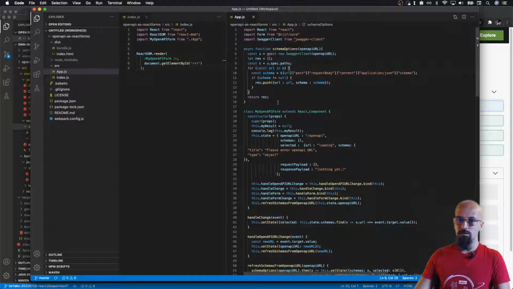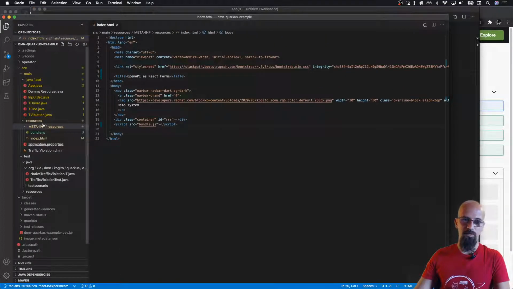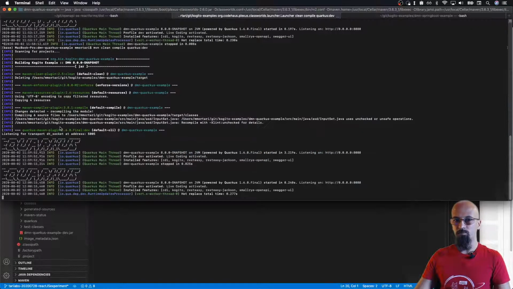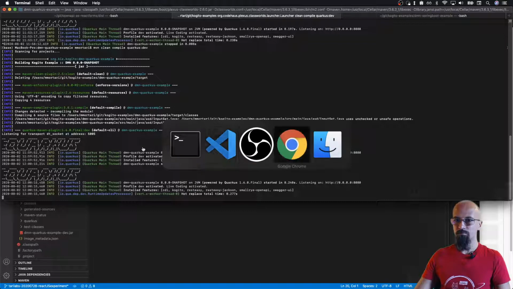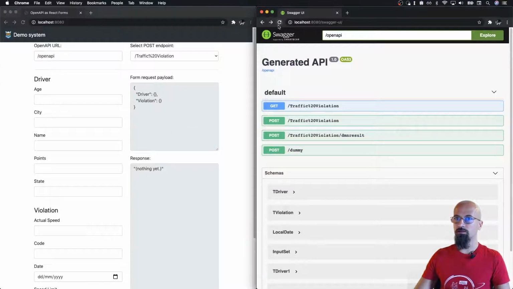So this is the React single page app, and as usual when it's bundled it produces the canonical index.html and bundle.js that for simplicity I've already copied in a Cogito based on Quarkus demo application in the usual folders. I have the application already running, and what I can see here is the usual Swagger OpenAPI definition files and the UI. So I can see here that there are 3 REST endpoints that correspond to DMN evaluations